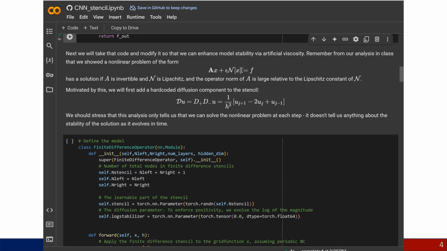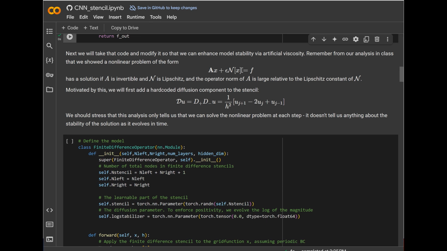And basically what that's going to be doing is it's exactly like artificial viscosity that we've talked about before, and our hope is that this viscosity is going to be able to help us control the nonlinearity that the neural network is going to pick up. Okay, so what we're going to do, we're going to replace that matrix A with this diffusion stencil,